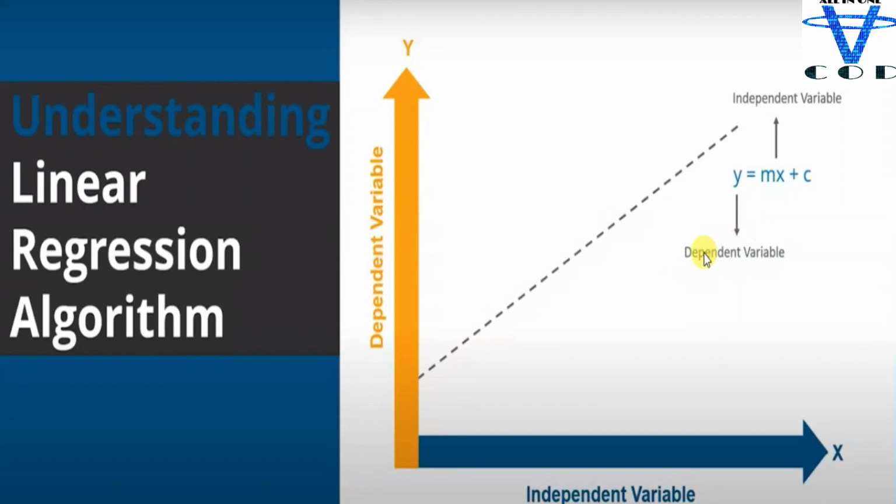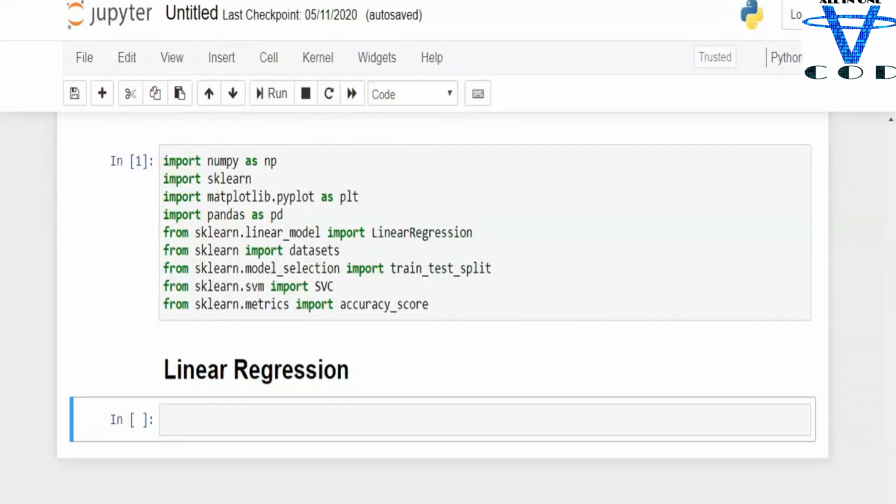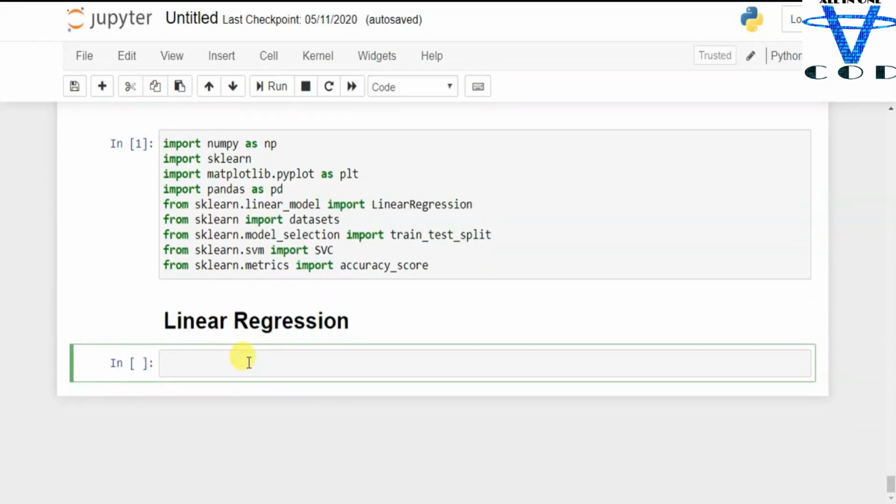Okay, so let's say we have CSV data, and in the data we have labels and features. Now you got the point. Before starting the implementation, I suggest you watch the previous video on linear regression, because in that video I talked about how linear regression works. So in today's section we are just going to implement linear regression my way.